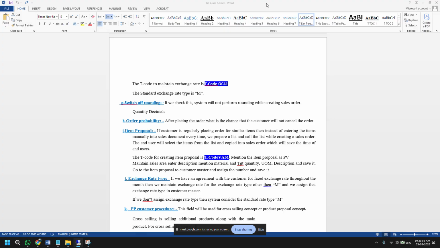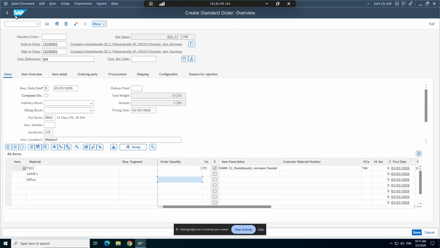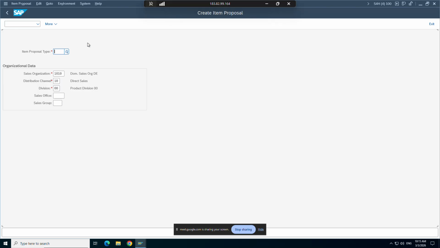So we have that provision, item proposal. If a customer is regularly placing a similar item, instead of entering the items manually, we create some sort of list. In VA51, let's go to VA51 quickly. It's nothing, it's just a list. The screen looks more or less like a sales order screen. We have some document type, we have sales area. Let's take any